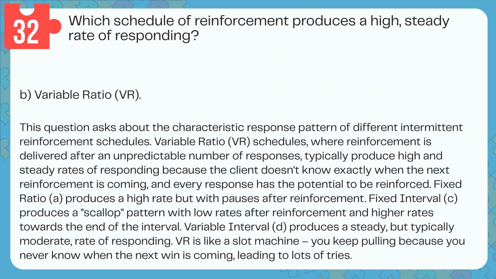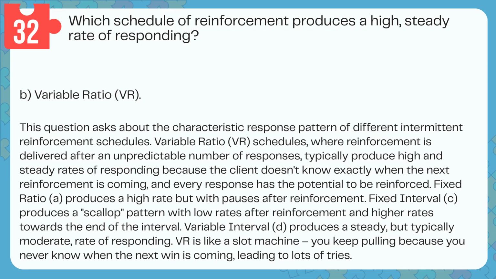Answer: B. Variable ratio, VR. Explanation: this question asks about the characteristic response pattern of different intermittent reinforcement schedules. Variable ratio, VR, schedules, where reinforcement is delivered after an unpredictable number of responses, typically produce high and steady rates of responding because the client doesn't know exactly when the next reinforcement is coming, and every response has the potential